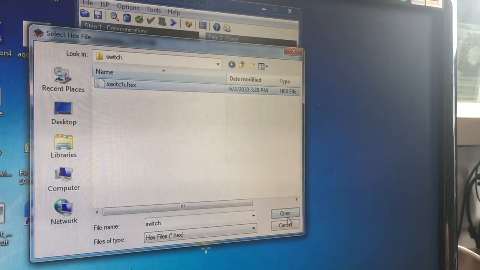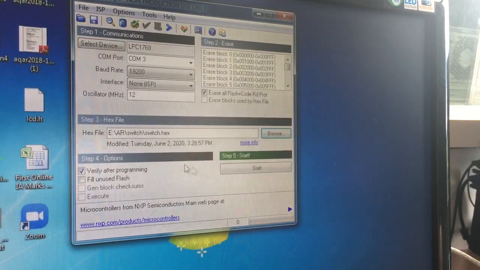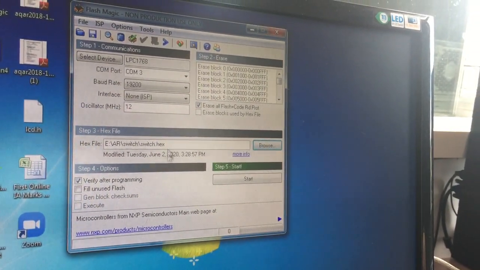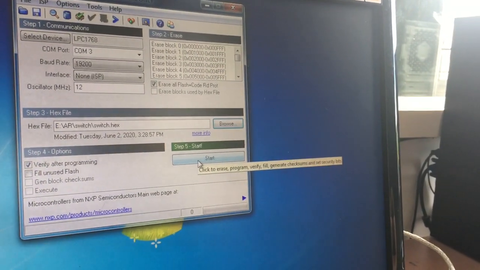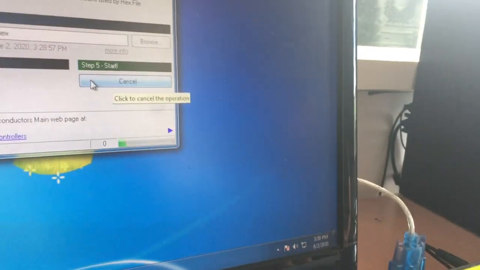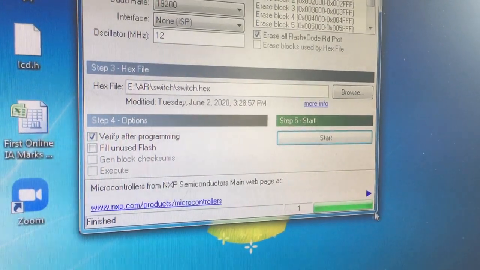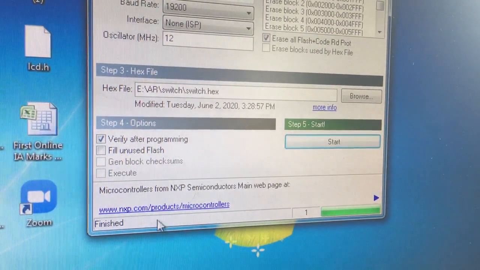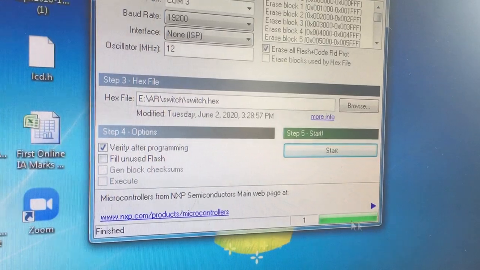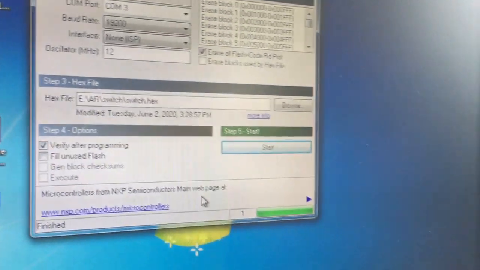Select this and click open. The file path has been selected here. Now step 4 is start. See, it shows the progress and it is finished. Green color represents it is successfully done. So now we have dumped the code onto the LPC1768 kit.